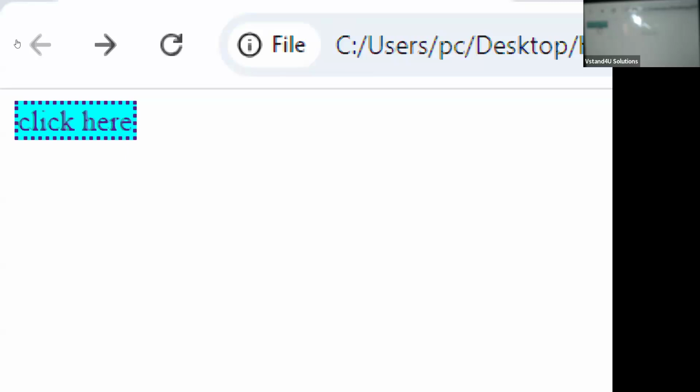Now, my another requirement is, for the first requirement, what I did, I added the border and I gave the background color also. I changed the color also. And I removed the text decoration also. Now, my another requirement is,